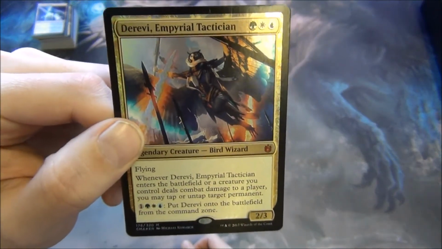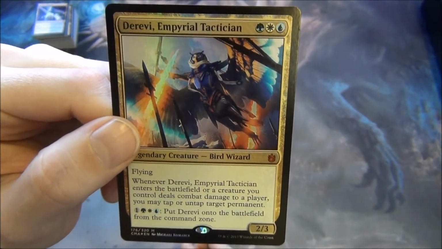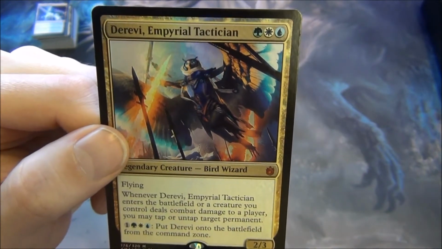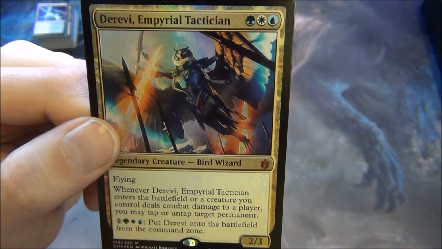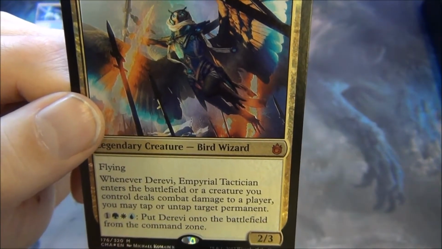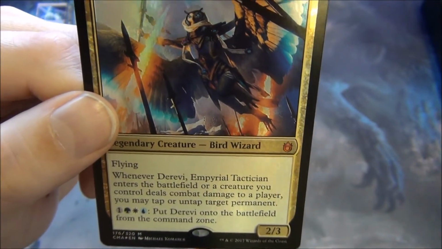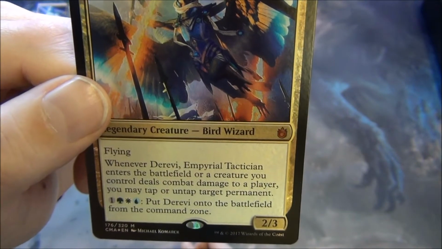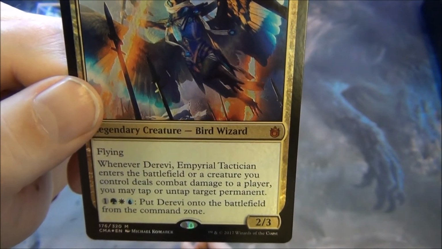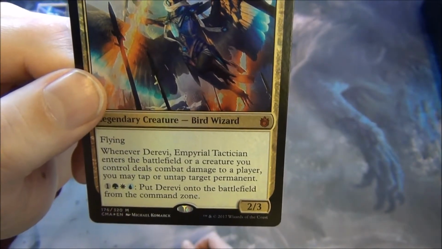So Derevi, Imperial Tactician, of the 4 commanders in this anthology, probably the weakest, but that doesn't mean it's not cool. It's green, white, and blue, a legendary creature, Bird Wizard, flying 2/3. Whenever Derevi enters the battlefield or a creature you control deals combat damage to a player, you may tap or untap target permanent. And for one green, white, and blue, put it onto the battlefield from the command zone. So that acts like a flash,